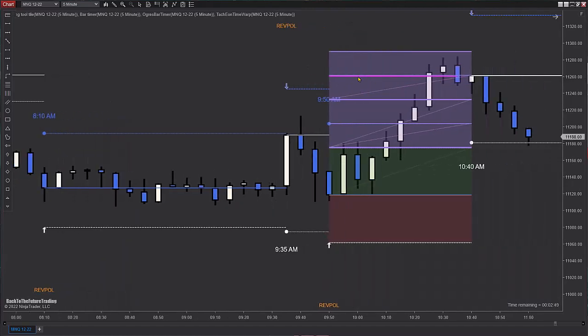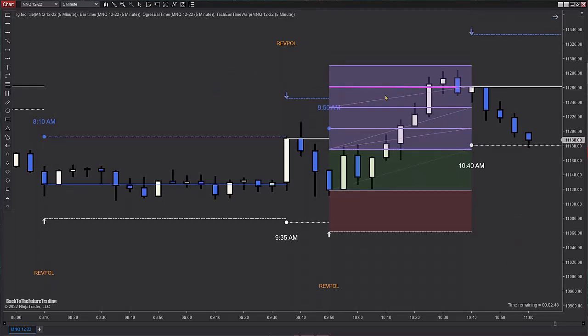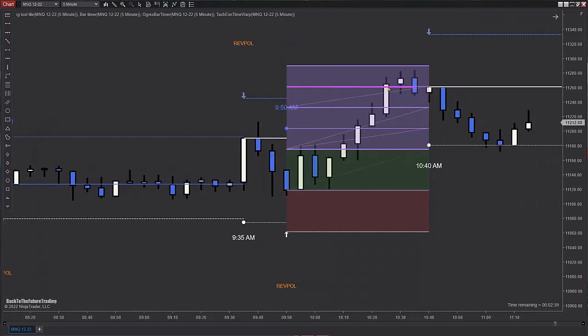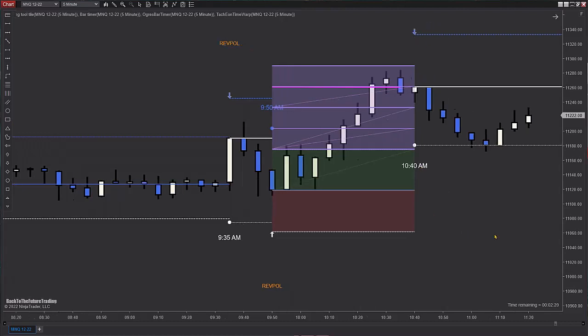If you're not using Apex qualification, then it might be just as easy to just let the runner run. Less stressful, less stuff to think about. You will be leaving money on the table from time to time, but you can also get stopped out early and then see the trade keep working in your direction, and that can be frustrating. So yeah, there's some ideas for you folks.